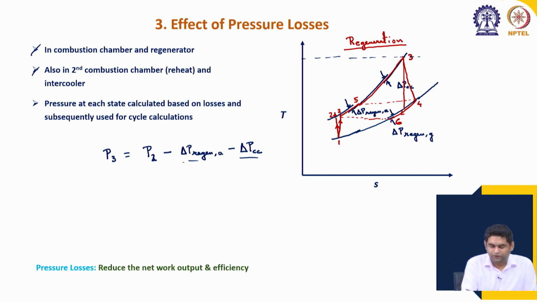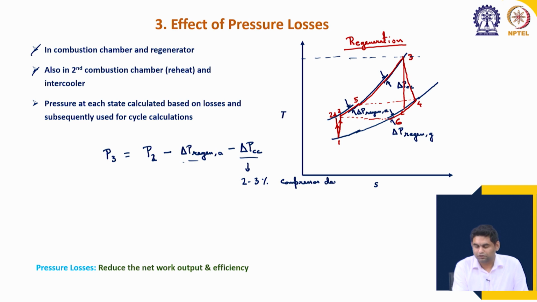Typically, regenerators may have 2 to 3% pressure loss. Combustion chambers for industrial gas turbines may have 2 to 3% pressure loss. 2 to 3% of what? 2 to 3% of the compressor exit pressure, which is known as compressor delivery pressure. This is for industrial gas turbines, whereas for